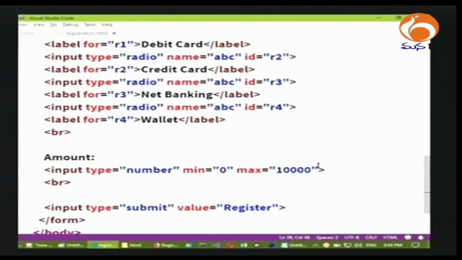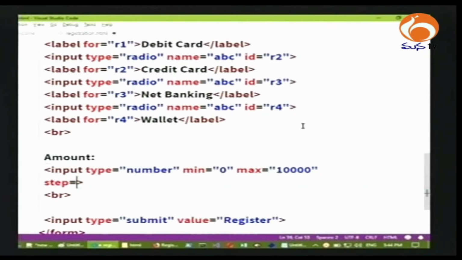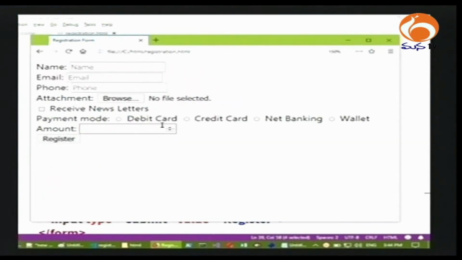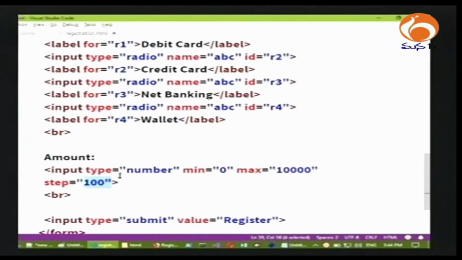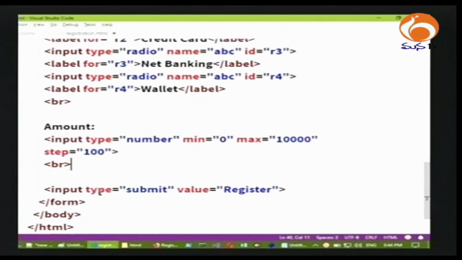So in order to overcome this problem, we have an attribute called the step attribute. If you mention step equal to, for example, 100, each time it will increment by 100. So every single time when we click on the increment button, 100 will be incremented. Then it will be very easy to reach 9,500 as expected. So that's why it is recommended to provide a step in case of large values. And